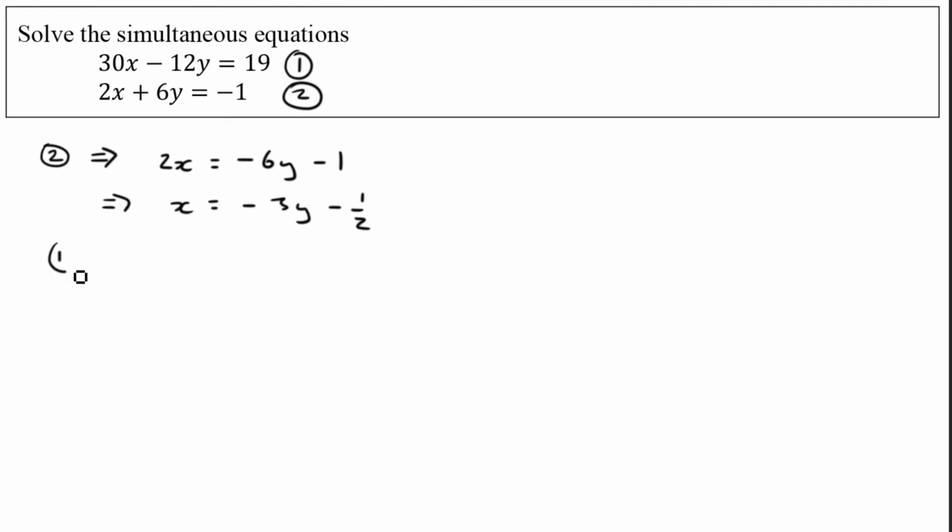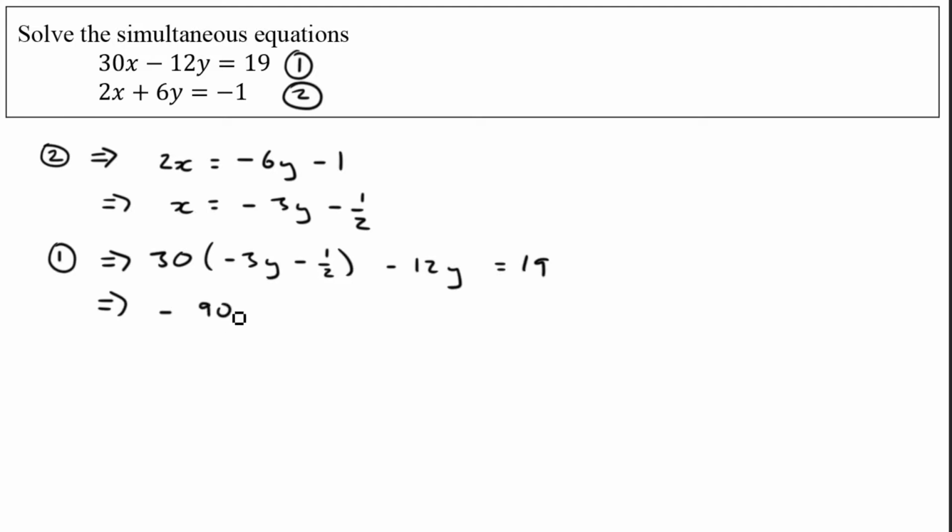Now if we take this and substitute it into equation 1, we'll get that 30 lots of negative 3y, subtract 1/2, subtract 12y is 19. That means we'll have negative 90y, subtract 15, subtract 12y is 19. How many y's do we have altogether? Negative 102 y's. If I add the 15 to both sides, that will be equal to 34,